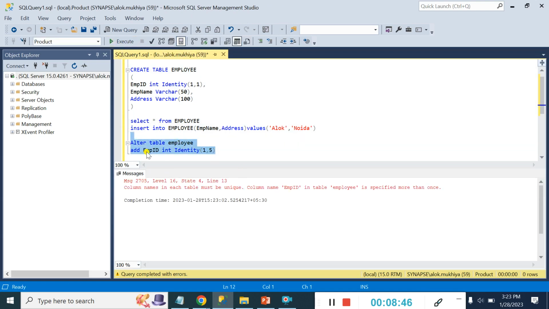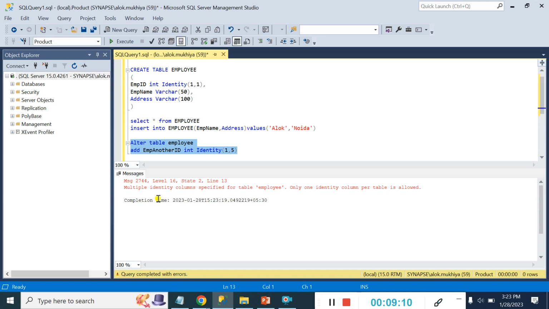The name already exists, so I just put some different name, employee, another ID, just for example purposes. So here you can see that